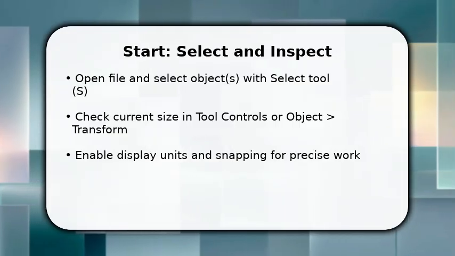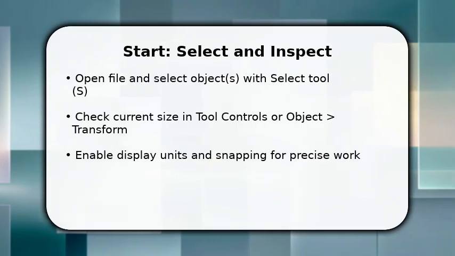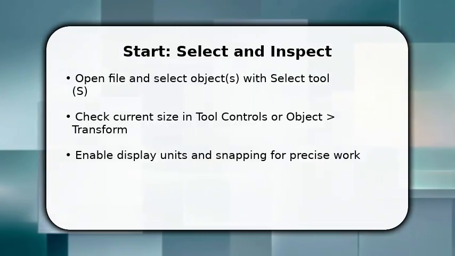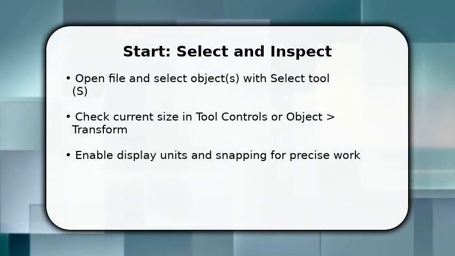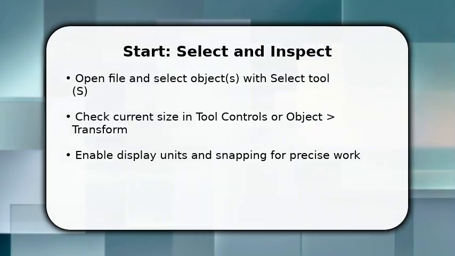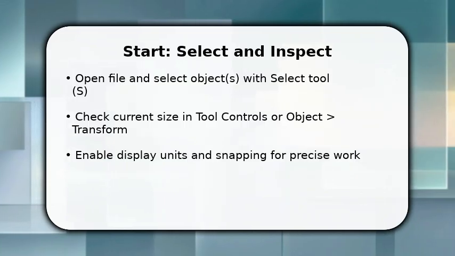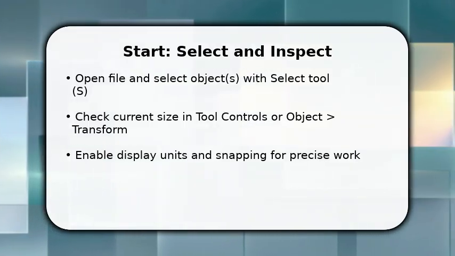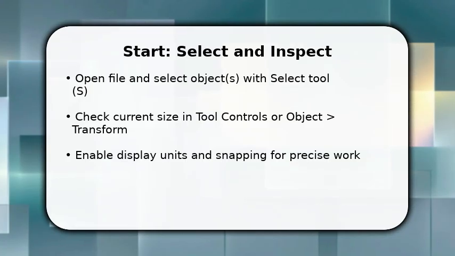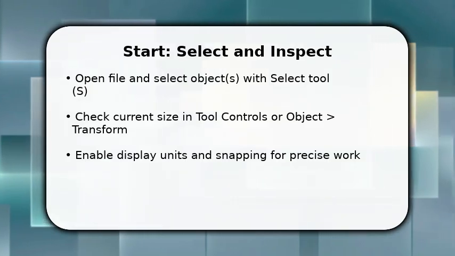You begin by selecting the object with the Select tool, S. That gives you handles and the width/height readout. Once selected, look at the tool Controls bar or open Object Transform to inspect exact dimensions and units so you know the starting size. Make sure snapping and display units are set to the measurement you need, because consistent units